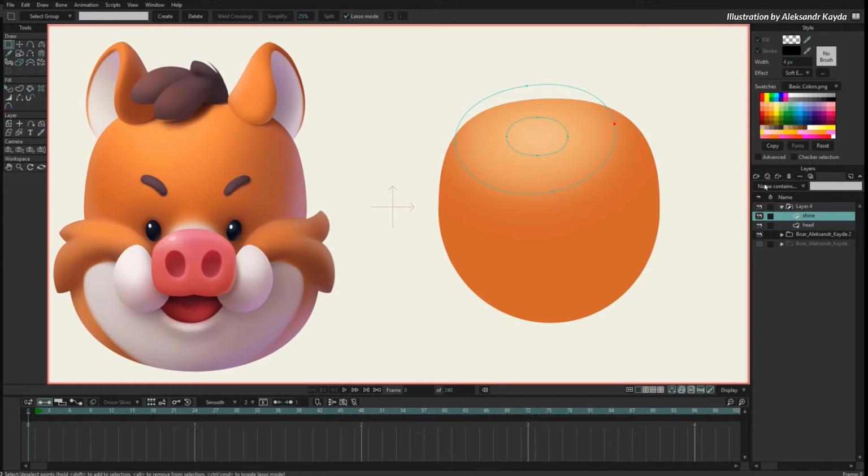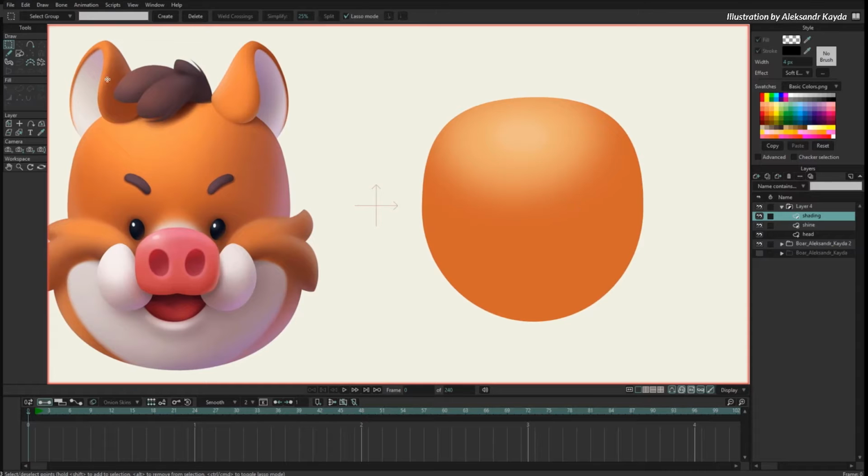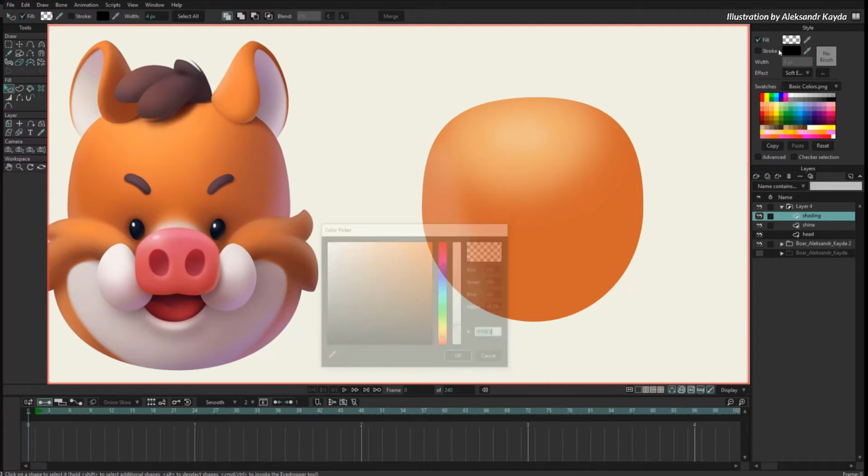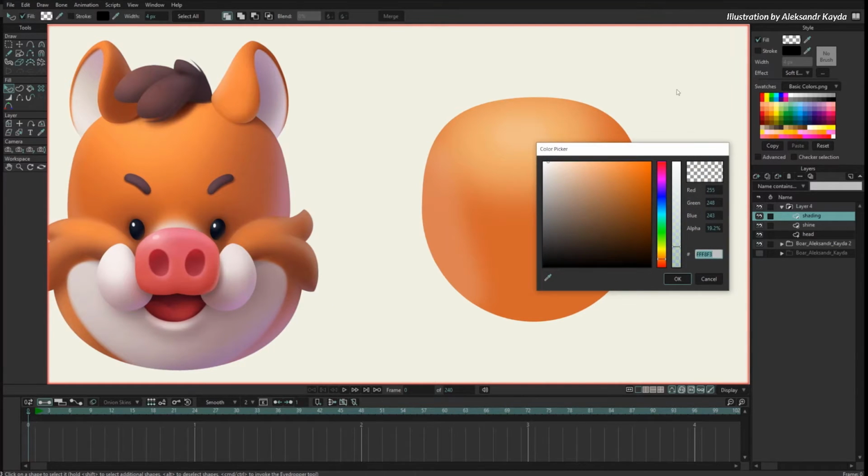So what I'm going to do is I will create a new vector layer, and since this vector layer is inside of the same group, it's also going to be masked. So I will call this shading, and now I will just draw another circle here. This circle is white and with soft edge because it is using the properties of the last thing that I painted. So I will just set this to be a bit darker,